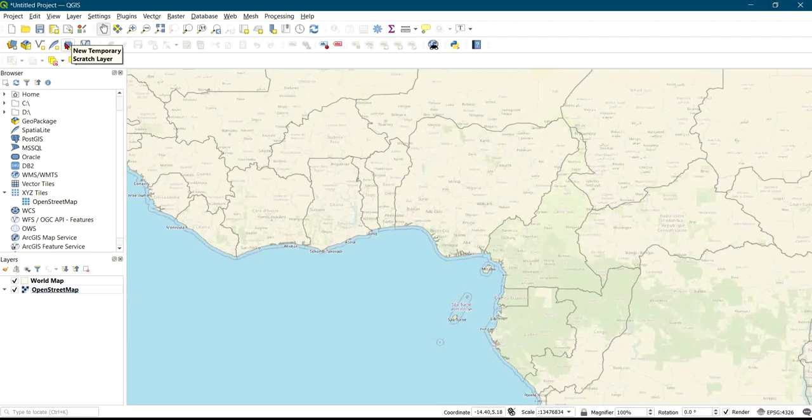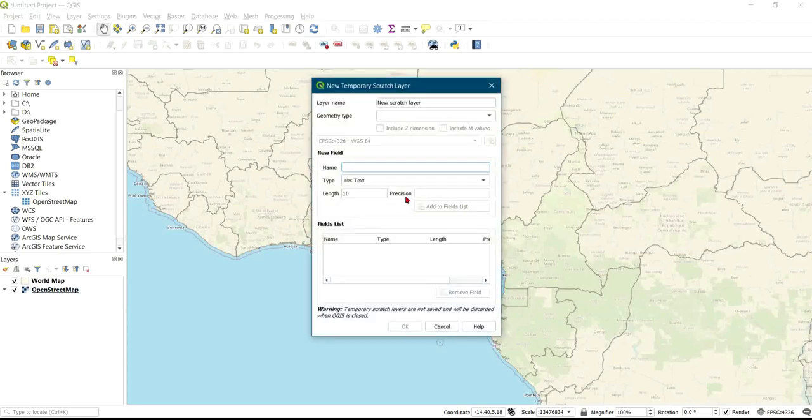So to do that, the first thing you have to do is come to these icons here, you click on new temporary scratch layer. So when you click on it, it's going to bring out this interface for you. Under this interface, we have layer name. So you can give the layer a name. Let me name the layer as land,